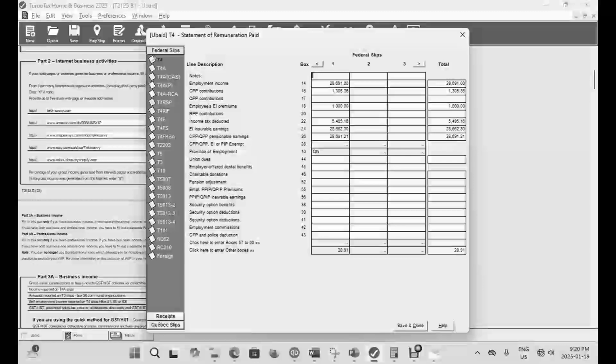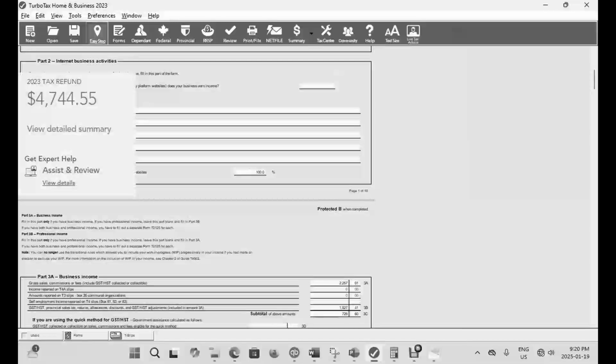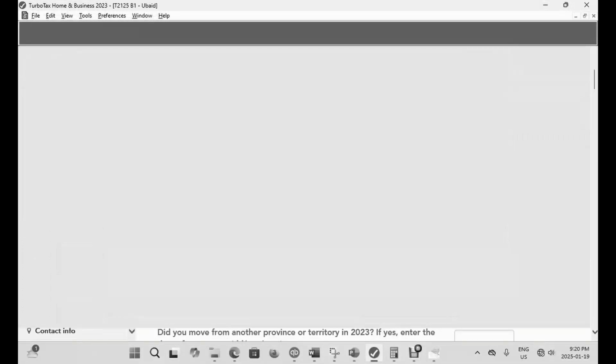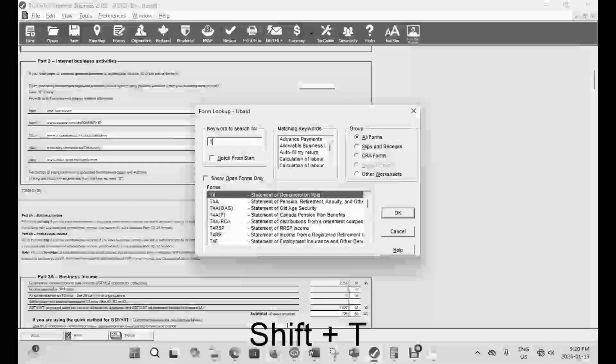Further down you have your CPP contributions. This is code 16, and this is 1305.36. Notice our tax refund for the time being is 4,744.55. Now, if I was to change